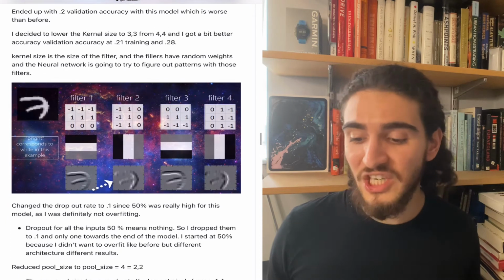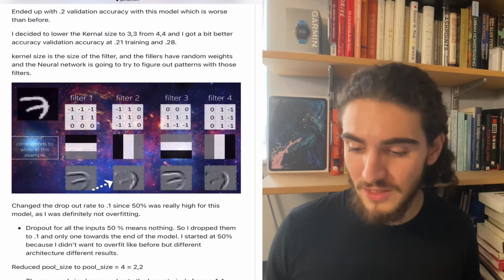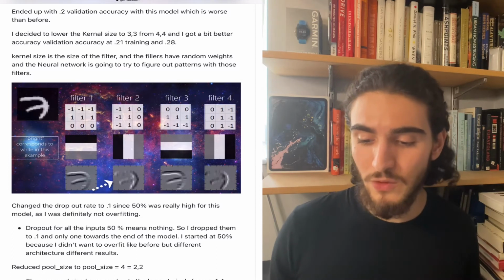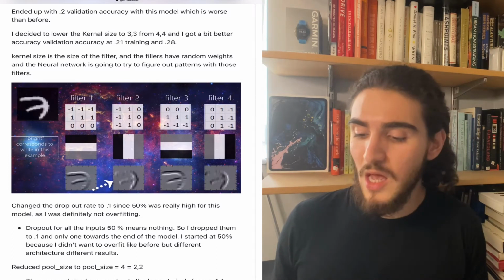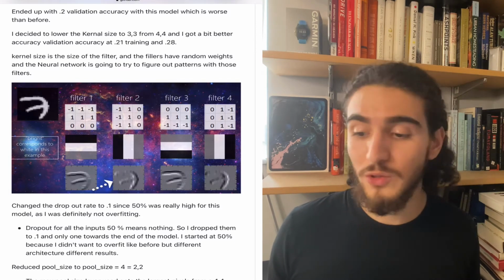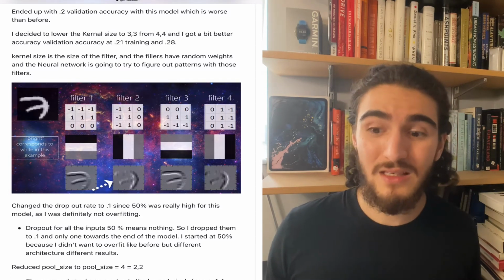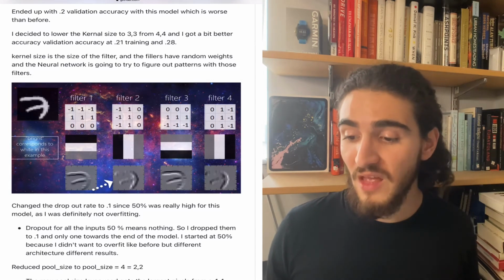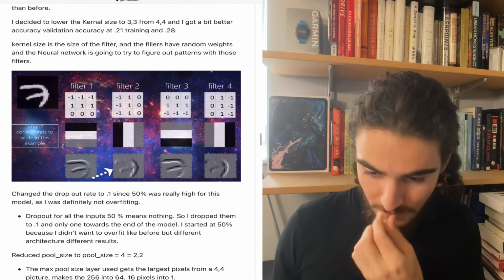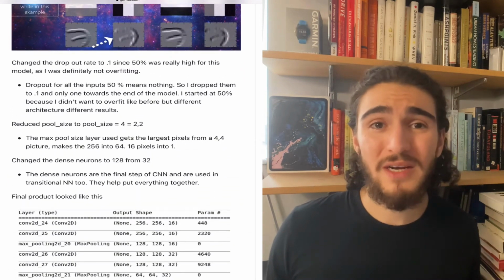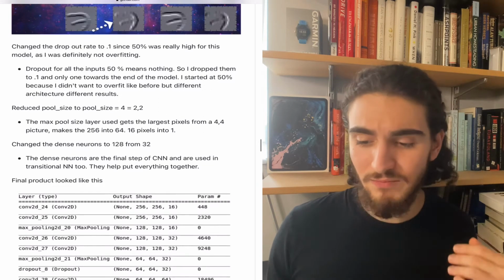So then I decided to change the kernel size, and here you can see on my screen what the kernel size really is. It's kind of like a filter that goes over, and I made that smaller, and it worked really well. It went from 0.21 to 0.28 training accuracy. Oh, sorry, validation accuracy. And then I lowered the dropout rate because I wasn't overtraining, and I reduced pool size,